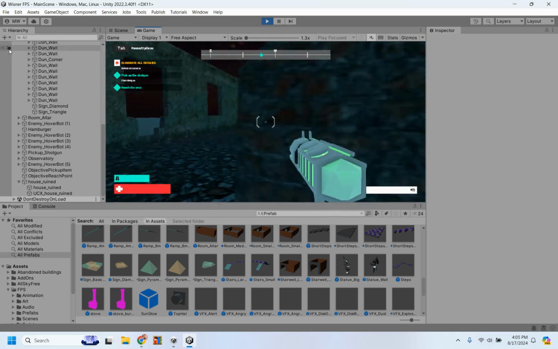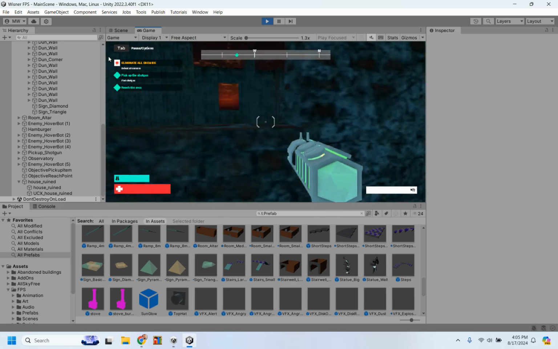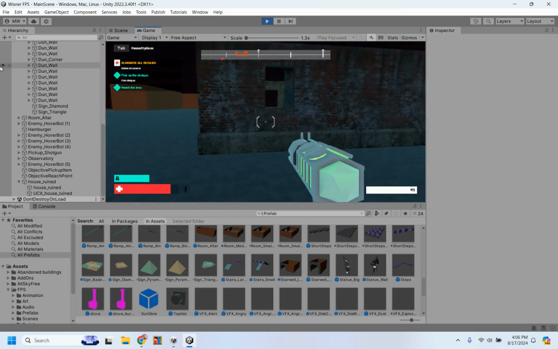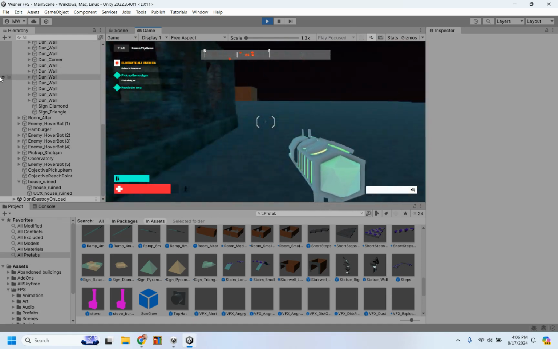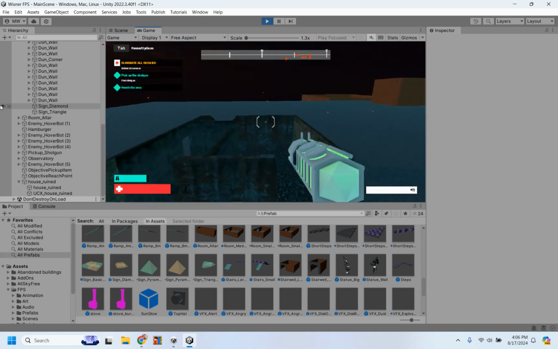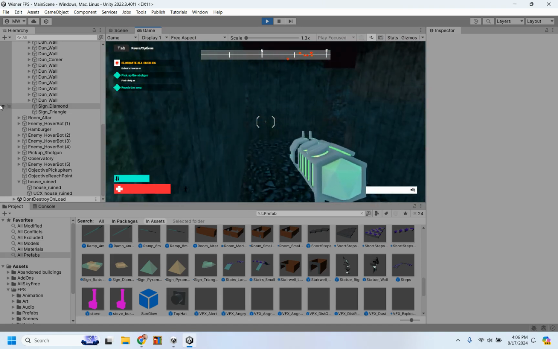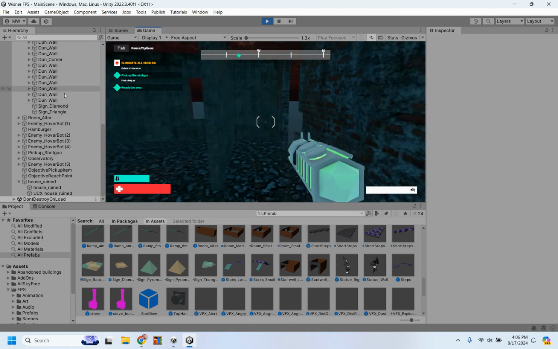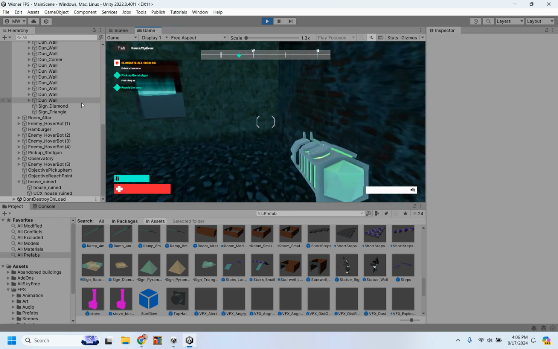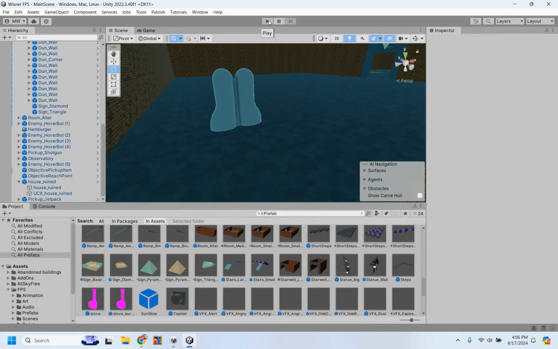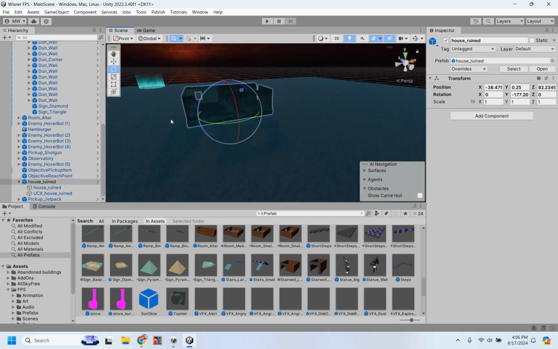I want you to notice that I cannot walk through the building. When I walk into the walls, I stop. That means that this prefab has a collider already on it. Not all prefabs do. So if you download a prefab and you realize you can walk through the object, and it's kind of losing some of the realism to your game, the best thing to do is to put a collider on it. So for this one, the house ruined that I just used,